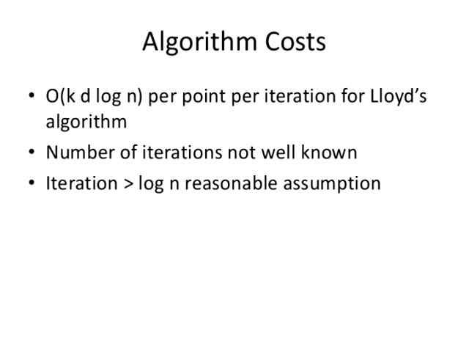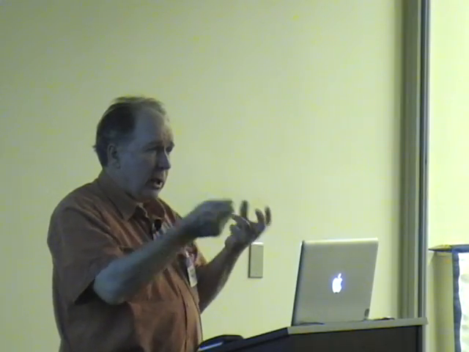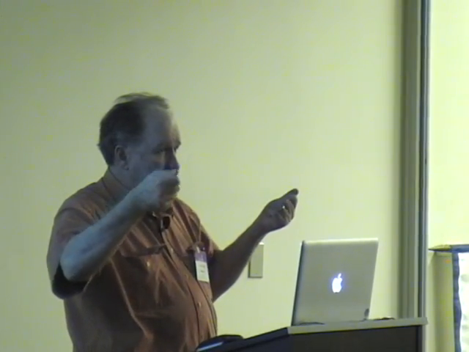Let's go through it. Anyway, Lloyd's algorithm costs order of k times d per data point. You have to look at all of the cluster centroids you have. It costs about d to do each comparison, and you have to make several passes, which is probably at least log of n, or log of nk, or something even bigger, through the data. So that's roughly what it costs per data point to do k-means.